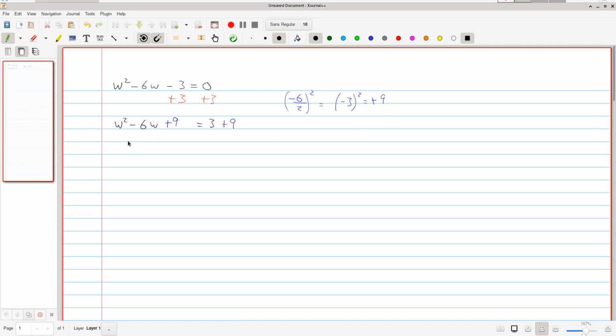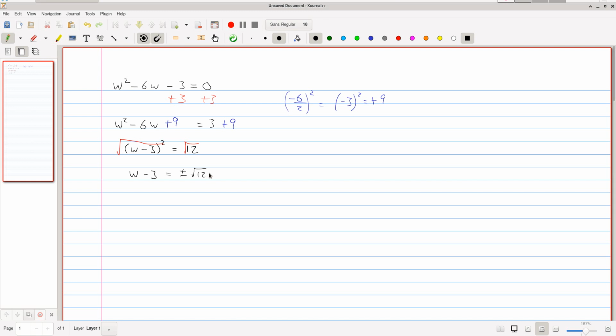Now the left-hand side will factor nicely. This will factor as w minus 3 squared. And on the right we combine like terms and get 12. Next up, to get w alone, we want to square root both sides to get rid of the square that's here. So on the left-hand side, the square and the square root cancel to leave us w minus 3. On the right, because we took a square root, we have a plus or minus,